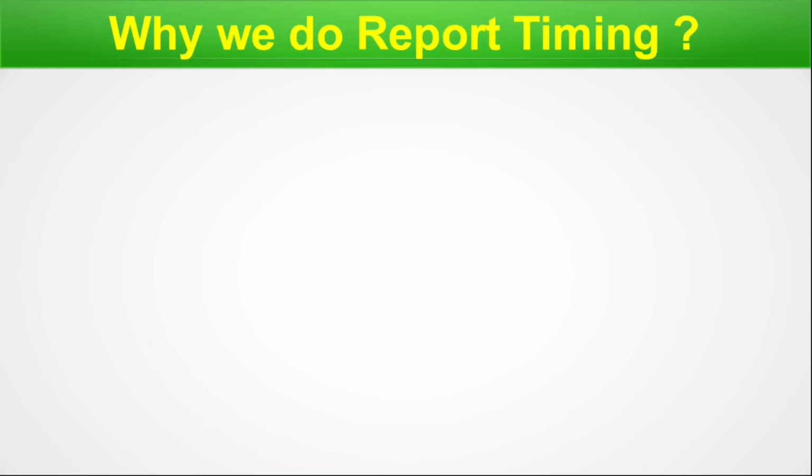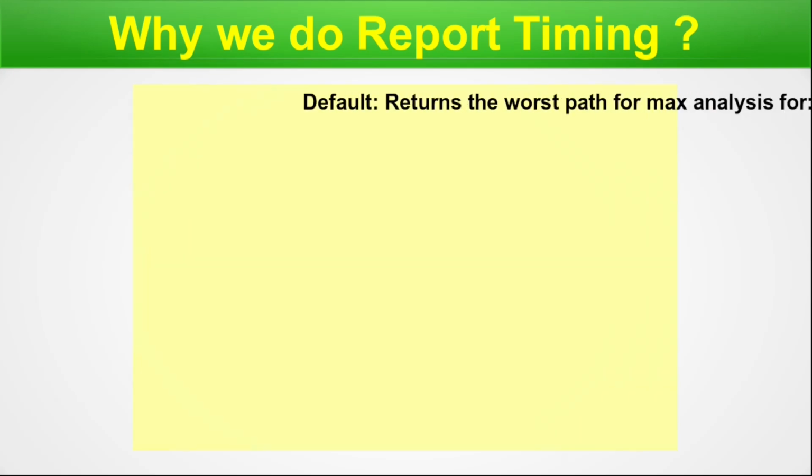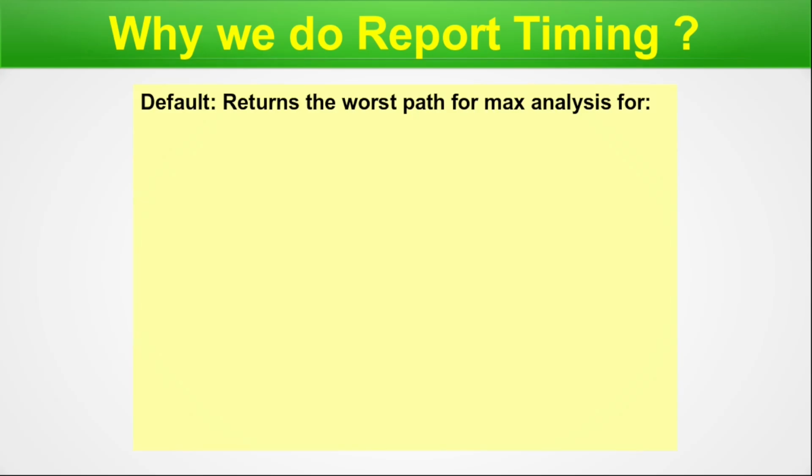Why do we do report timing? The report timing command is to get the STA report. This is common to all STA tools including Opentimer. Let me show you the reasons for using report timing. By default, it returns the worst path for max analysis for each clock, recovery checks, clock gating checks, so all sorts